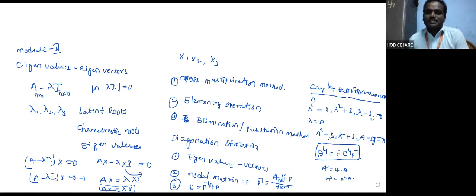And some properties of eigenvalues are based on the sum of the eigenvalues and the product of the eigenvalues. Okay, if A is a square